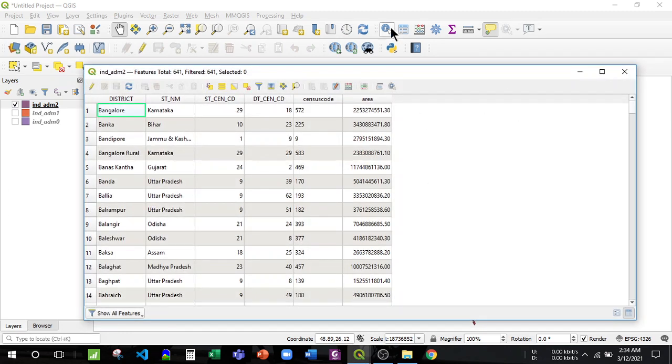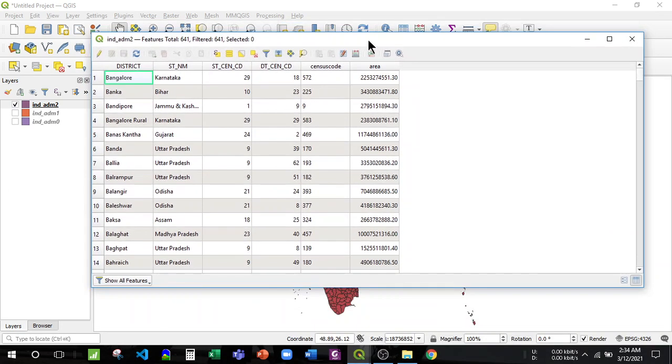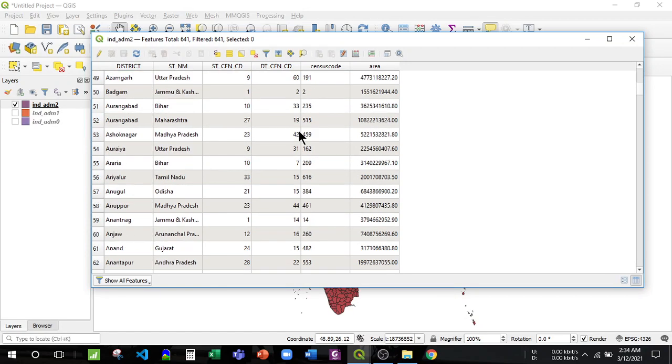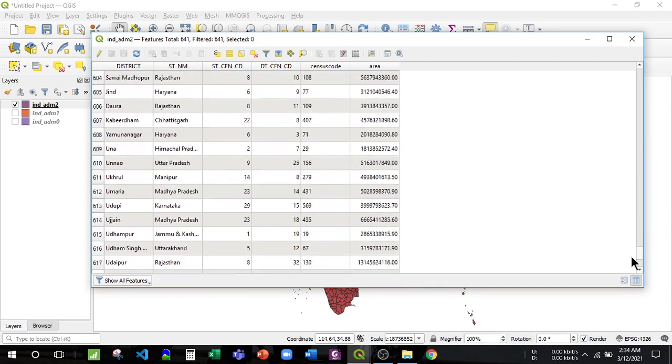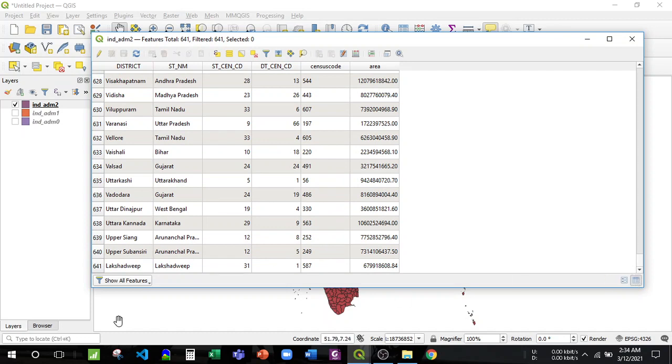See, it shows a dialog box in which there are all the districts available in India, which is 641.